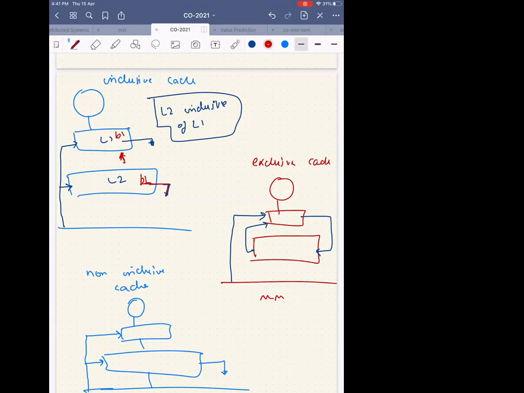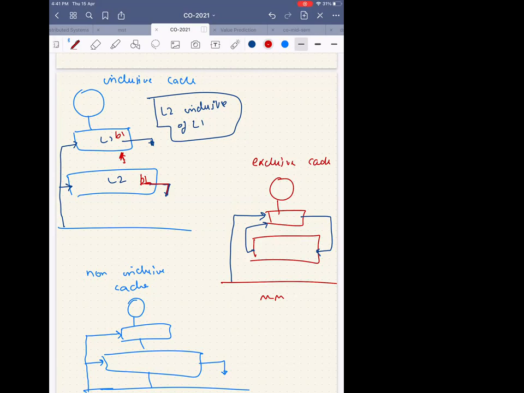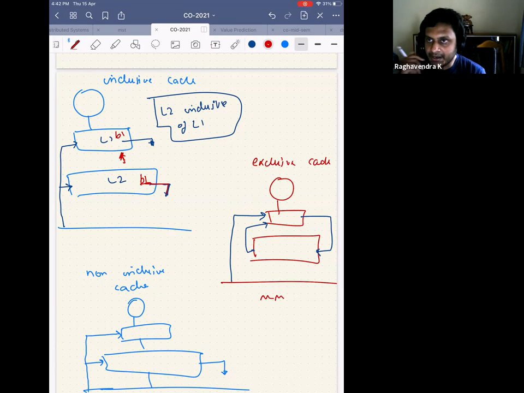But if you were following random or something... No, let's say I'm following LRU. Yeah, then you don't need to send a message. But I say you should send it. I don't know why then. Yeah, can you think about it? Can everybody think? It's not about her, it's for the entire class. See, I made a statement. You agreed to that statement. When I said that if I'm kicking out a block from L2, I'm kicking out from L1, you should have said, L1 is 8 KB, L2 is 8 KB, so how can there be a block that is getting replaced in L2 but not in L1? You should have told me that, right?